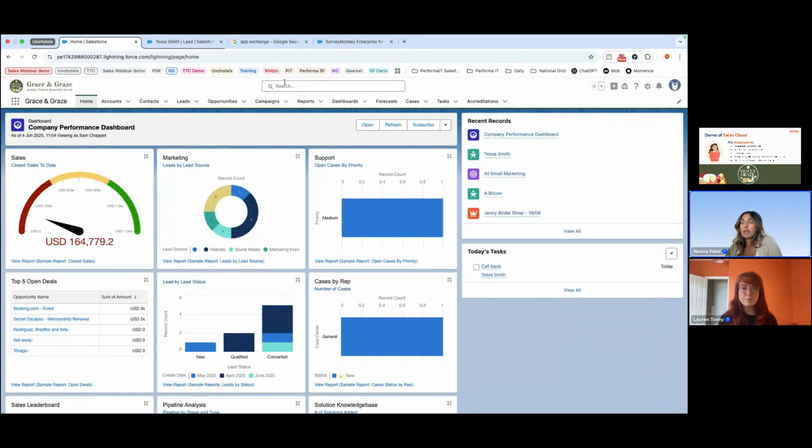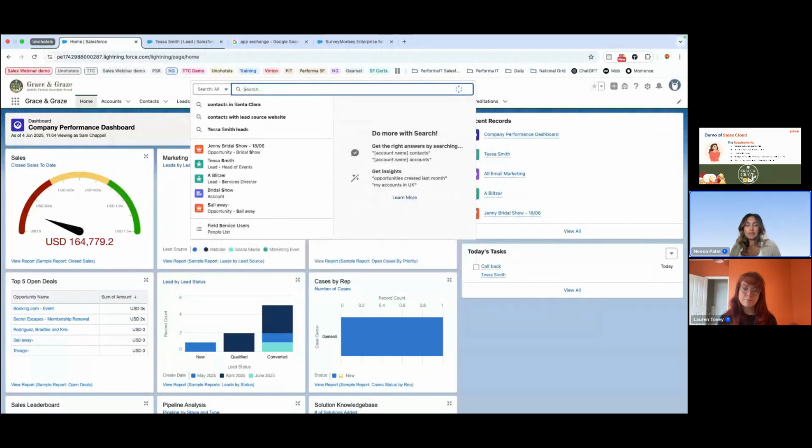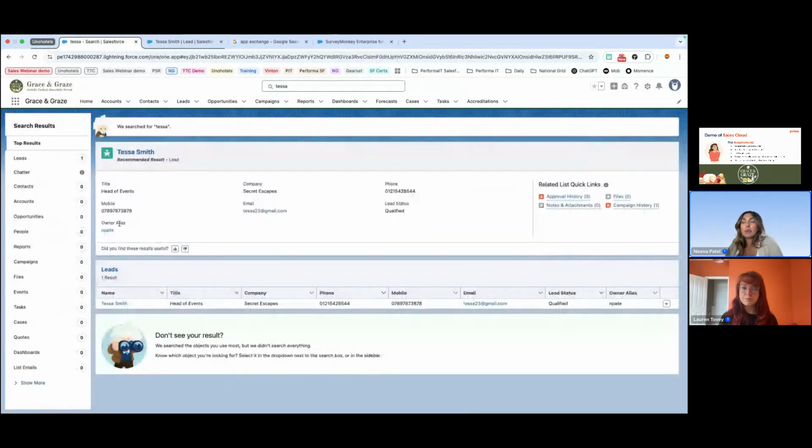Then across the top here, we've got a global search box. So in here, we may want to just search for a record, but we don't know the exact details of the record. We may just have a name. So if I type in, for example, Tessa, that will then bring up all the relevant information and records to do with Tessa. So if I type,